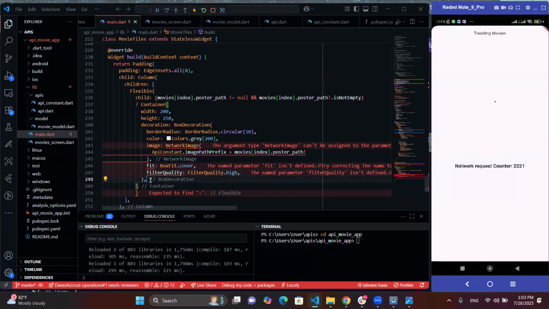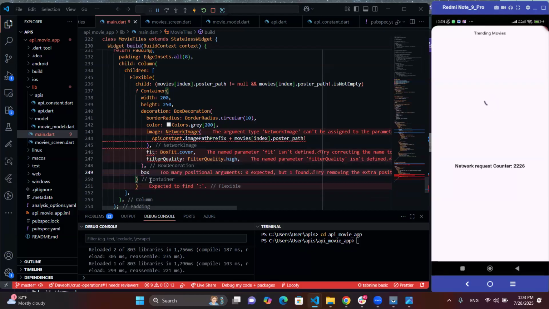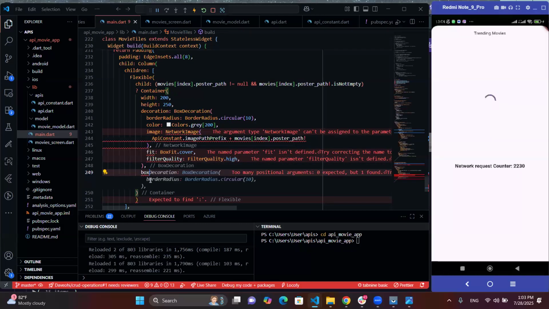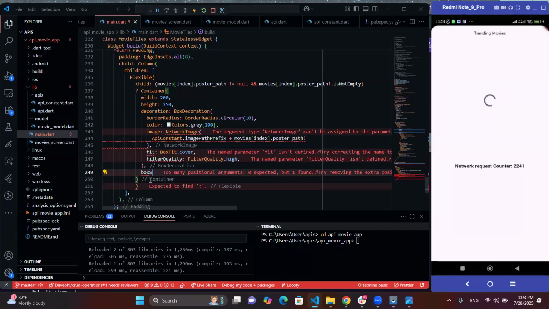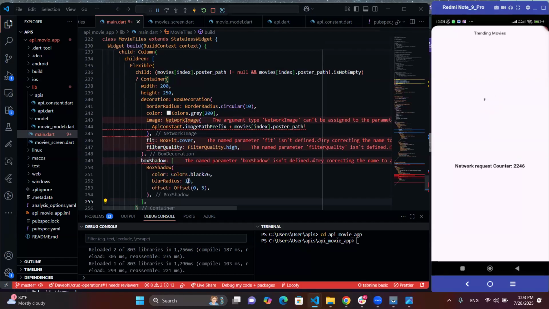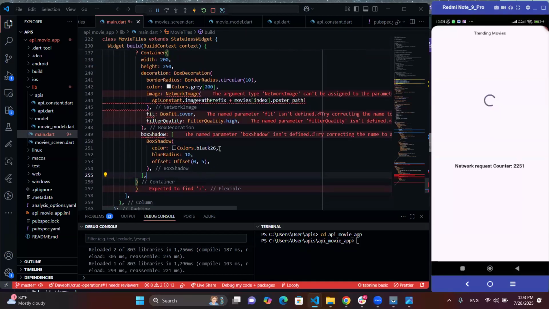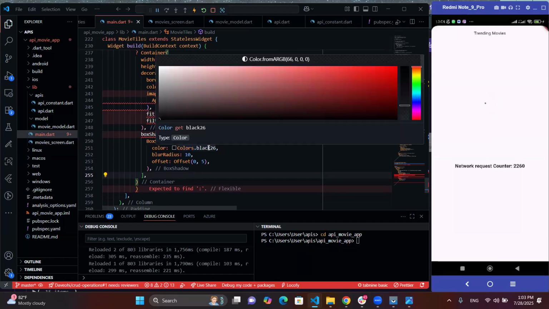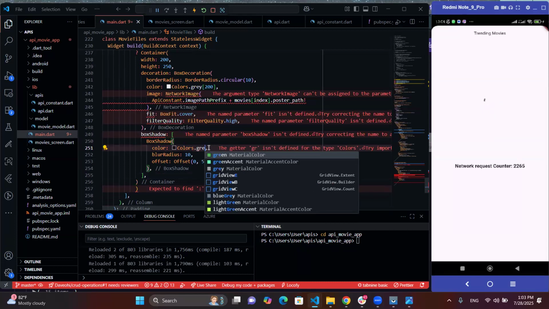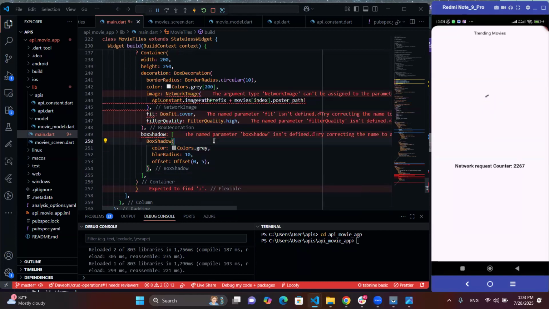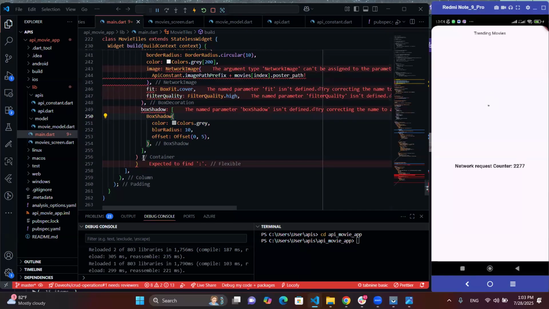I'm just gonna bring in this color black, which works. You suggest a gray. Suggest a gray. And then